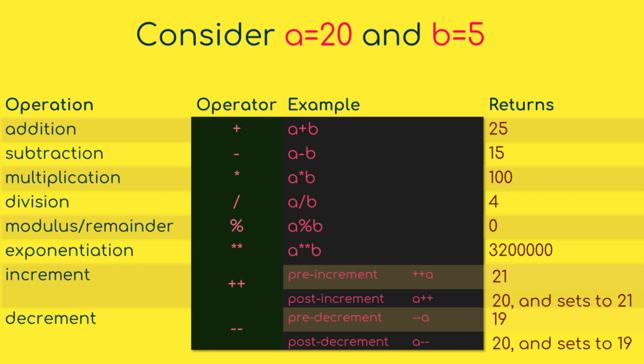The increment and decrement operators can be used as a prefix operator where the operator is placed in front of an operand or the variable, or the postfix operator where the operator is placed after the operand. If the operator is prefixed, then the operation is performed and the incremented or decremented value is returned. If it's a postfix operation, then the contained value is returned and the operation is performed afterwards.